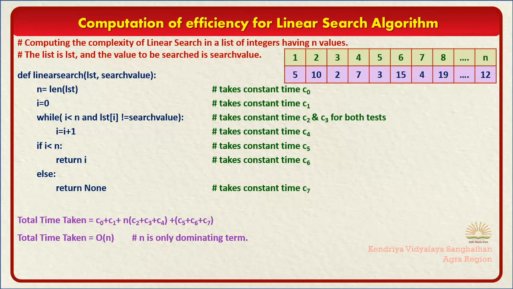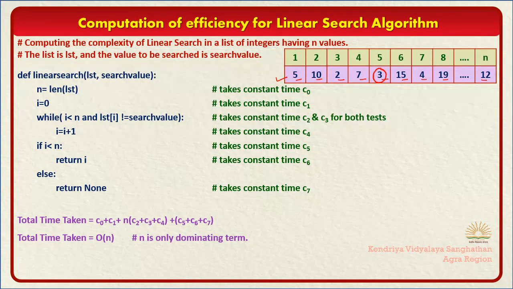Now we have to compute the efficiency of linear search algorithm. It is specifically mentioned in the syllabus. So you know how to search in a list of integers if the values are not ordered, that means the values are unordered. The values are arranged in any order in the list, big and small values everywhere, and we have a list of total n items. If we have that n item list and we have to search for a specific value, suppose we want to search whether 3 is inside the list or not.